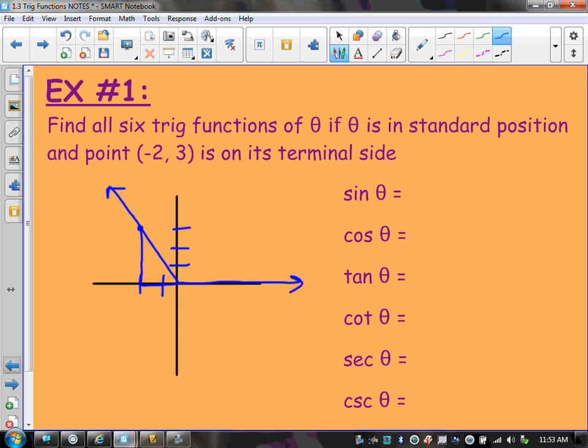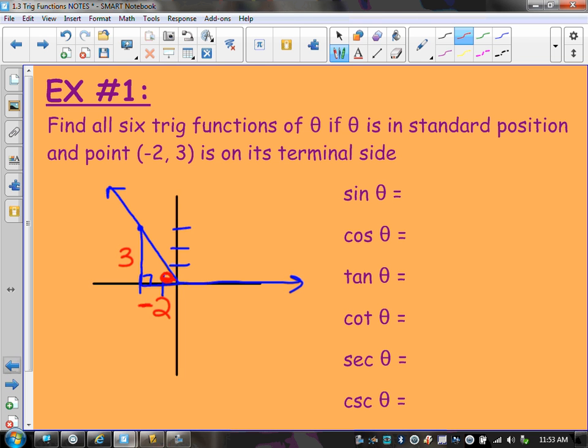So my right triangle is going to end up looking like this, where this angle between my x-axis and my ray is going to be my angle. That's going to be my angle for my triangle. So, do we know any of these sides? Well, I know I went over 2, or negative 2 because I went left, and I went up 3, so positive 3 here. If I want to find the sine of theta, if this is theta, this angle right here,